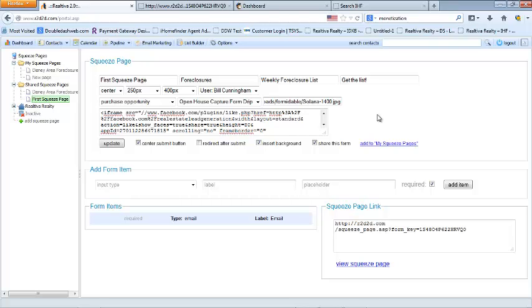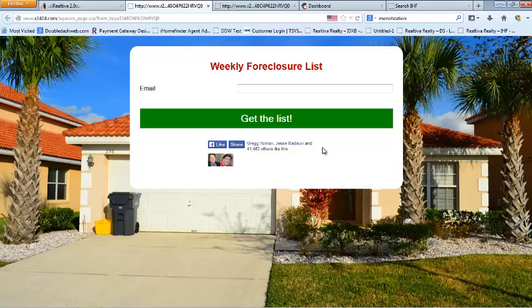So let's go ahead and quickly look at what the squeeze page generated. So now you have this link. If we go ahead and look at the squeeze page, you can see what happened. All right, so there's a squeeze page. In a matter of probably 10 minutes or less, probably 5 minutes, you can actually create a lead capture page,